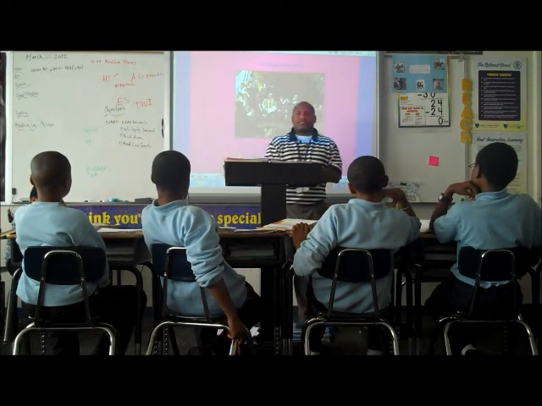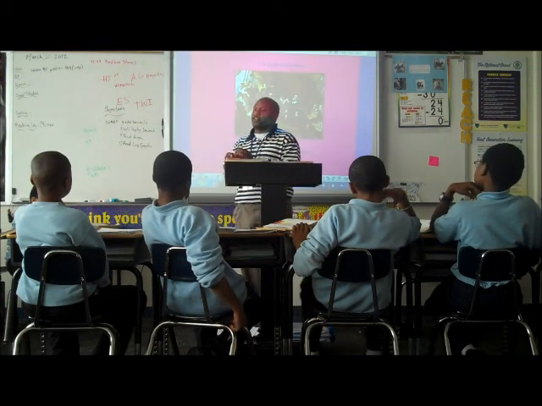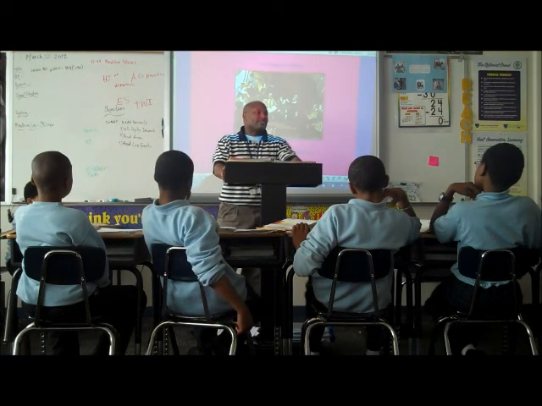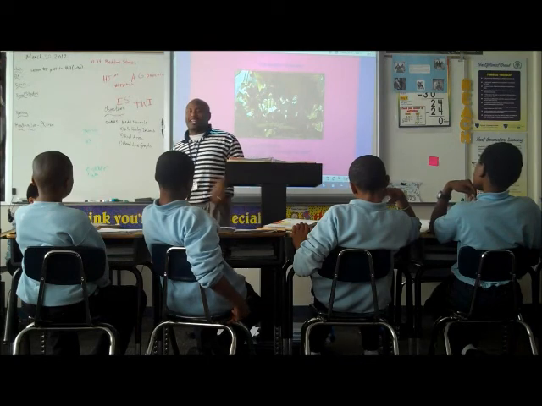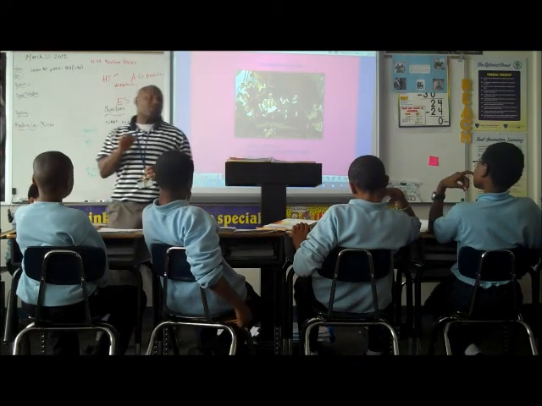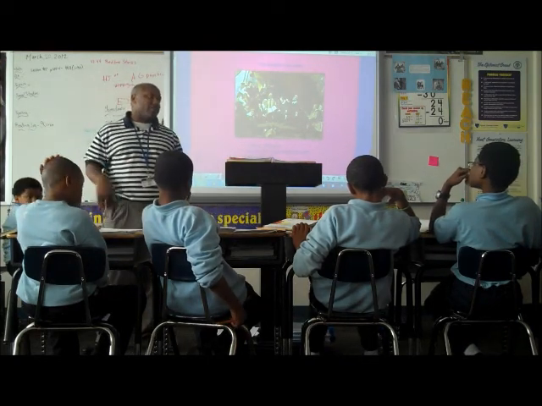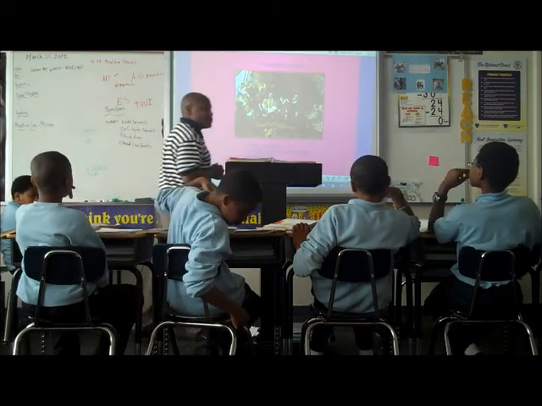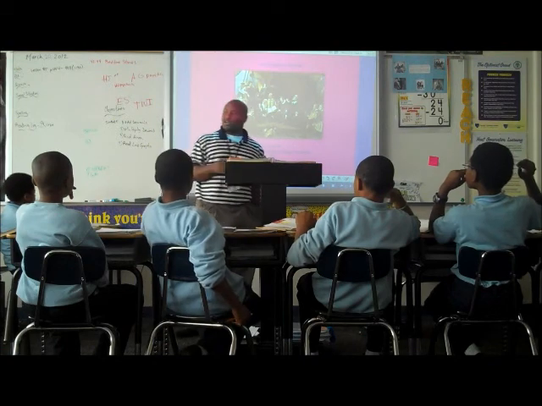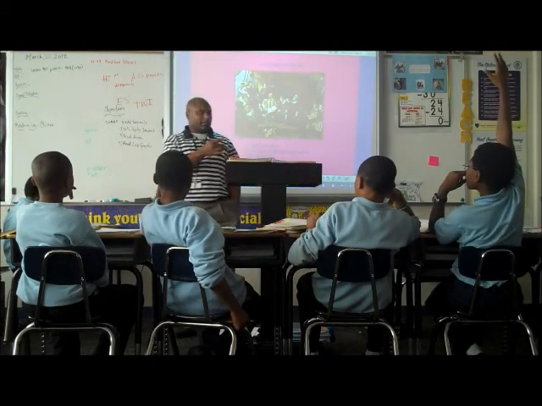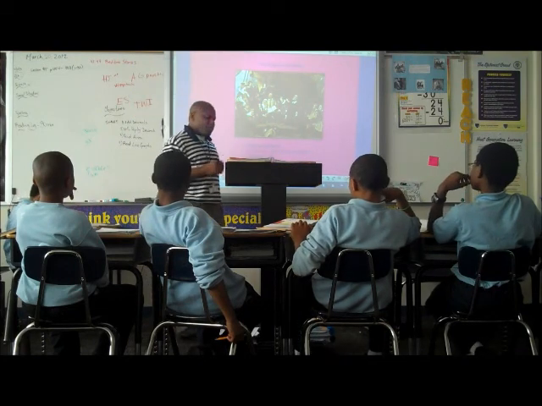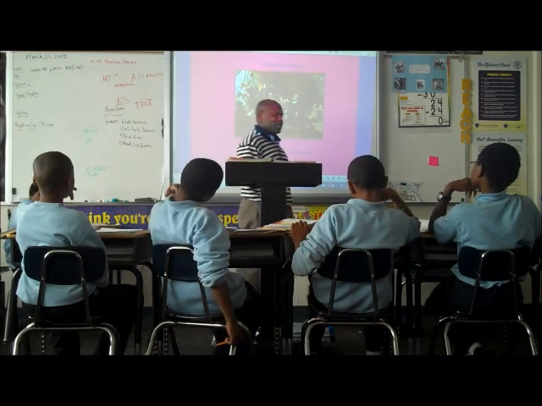Now, after the Spanish came over and started settling land, the English also wanted to come to present-day United States and settle land as well. So we had the first English permanent settlement. The first permanent English settlement was where? Jamestown, Virginia. Can anybody remember what year that was? 1607 is correct.